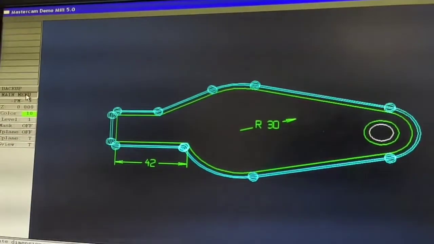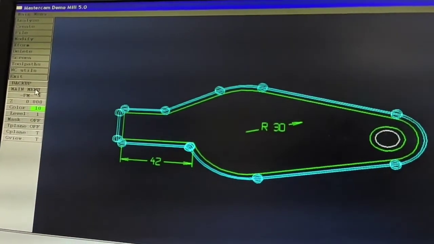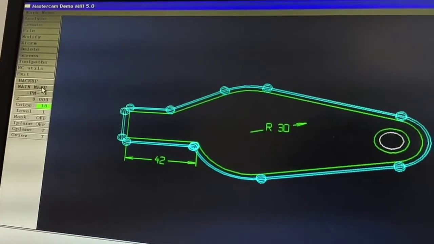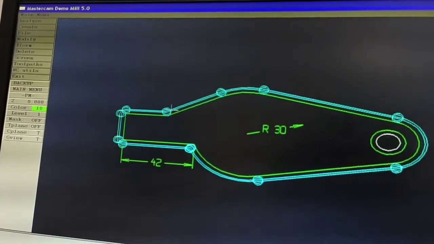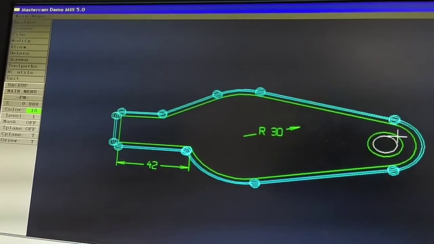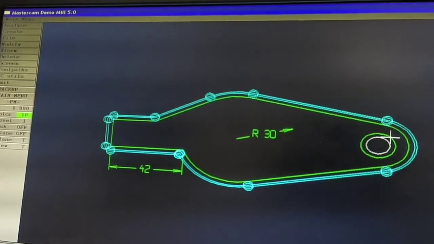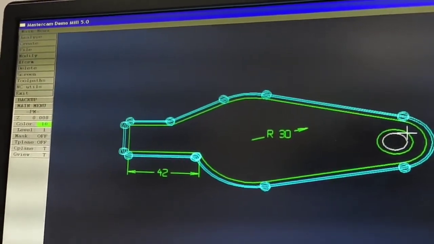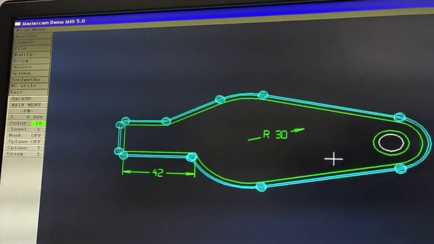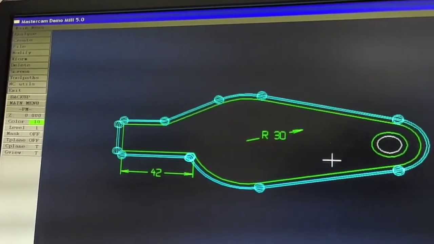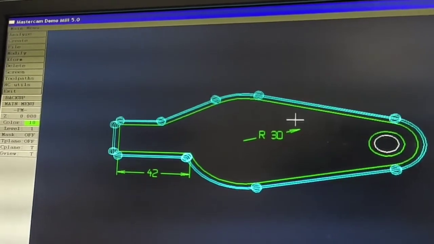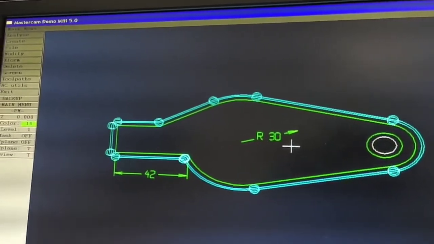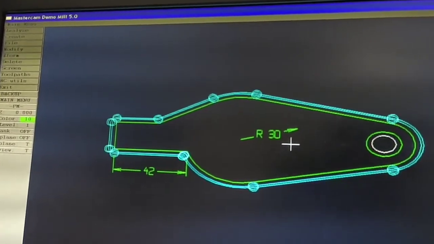So we have completed one simple experiment. In this single experiment, there are only two operations. One is the profile operation, another one is the pocketing operation, the circular pocketing operation. Beyond these operations, there are so many operations provided in the Mastercam software, called rectangular pocketing, circular pocketing, and so many drills are provided in this area. These are the extra operations available in Mastercam.